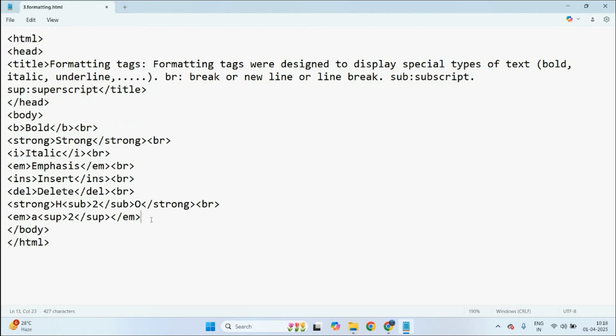One is the mark tag. The purpose of mark is, if you want to highlight any text. So for example, now I'm going to write here